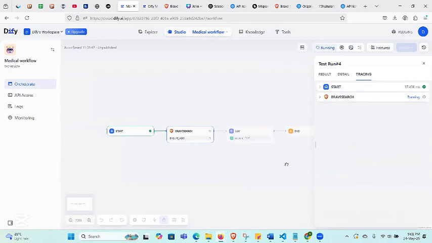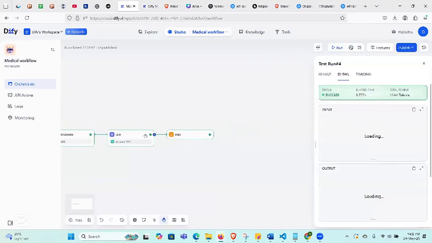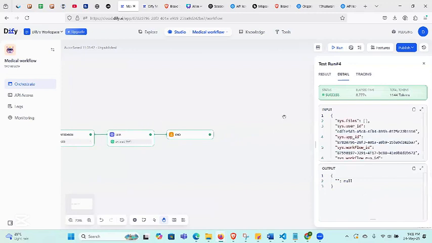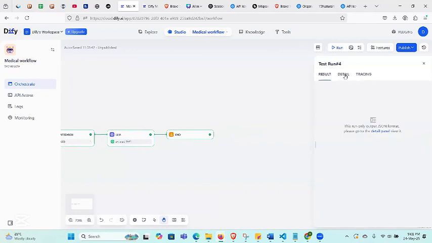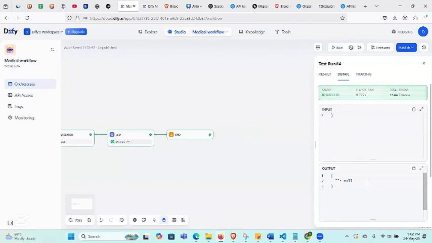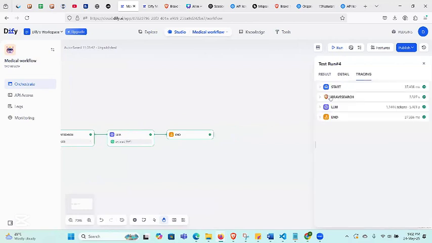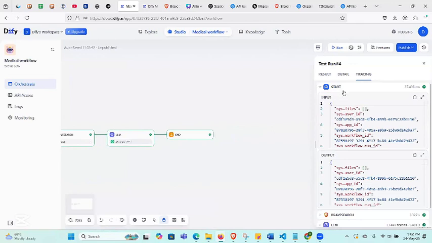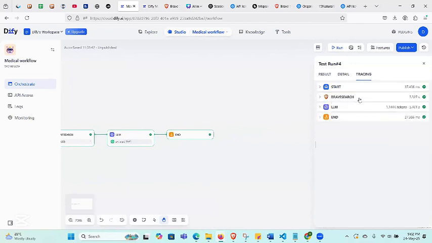So when I execute this one, it highlighted all the blocks when it is executed, and it shows that it is success. So if you go to the detail tab, if you go to start, you can analyze and debug this, analyze one by one. So you have 4 blocks. So in the start block,